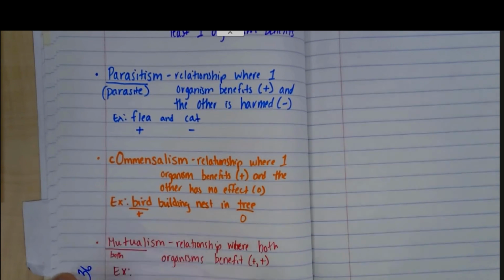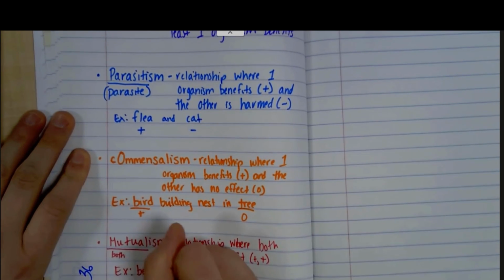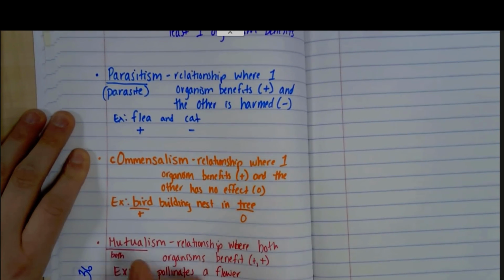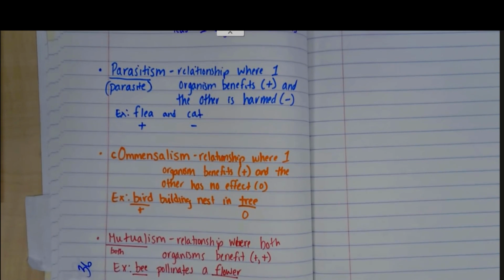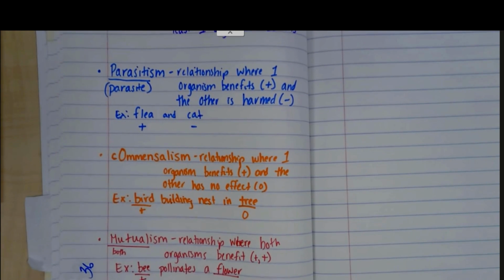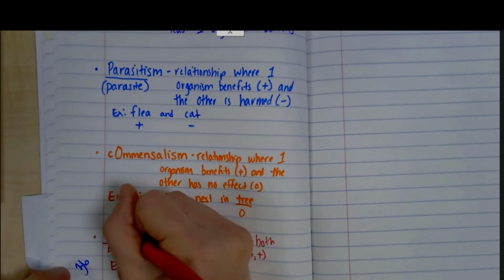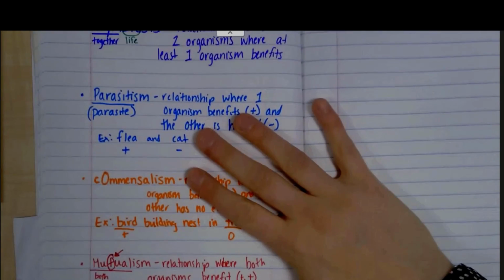So an example might be a bee pollinates a flower. So we've got a bee and we've got a flower. Bee gets food, nectar, so that would be a plus. And the flower ends up getting pollinated, so it's able to reproduce. That would be a plus as well. I try to use that T in mutualism as the plus sign to kind of help me remember the different symbols. And we're going to do something on page 37 later, but you're going to need this for tomorrow.